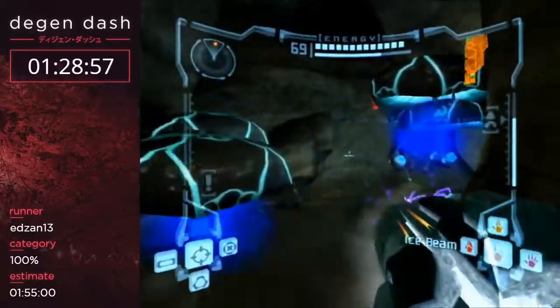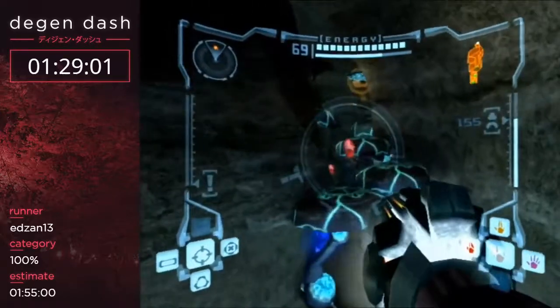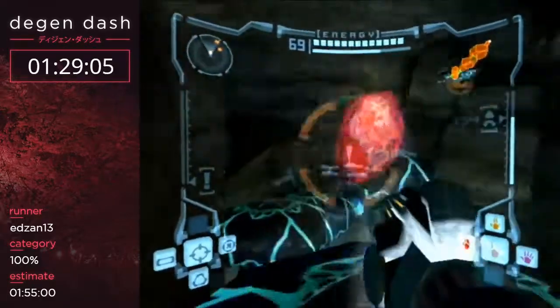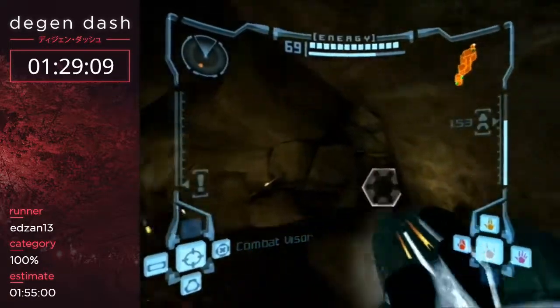Worst comes to worst, you can just do the early newborn strat. It's a lot safer. I'm kidding. It's a lot safer in that you don't take as much damage, but then you can just soft lock instead, so it doesn't matter. I don't even know how to do that, so...